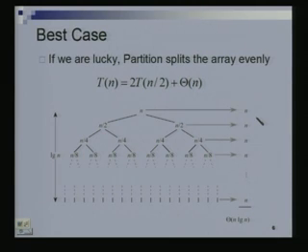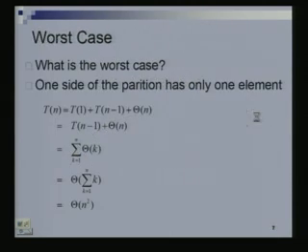Good. So what happens in general? If you are not lucky, what is the worst case? N square. When we partition, one side gets one element and the other side gets all the remaining elements, n minus 1. So we could have such a situation, T1 plus T(n minus 1).